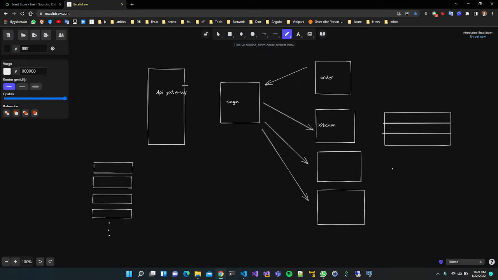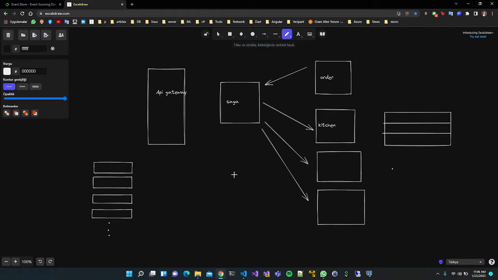Imagine you are creating an application where food customers order food from your application and restaurants deliver these food orders to the customers.